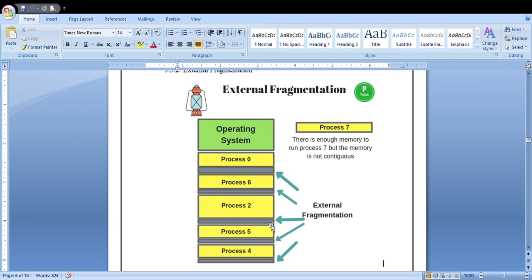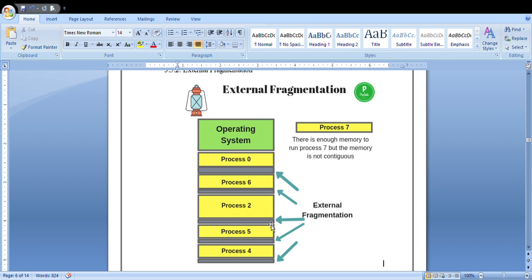As I explained in the previous video, you can make use of compaction. What do you mean by compaction? Compaction is nothing but, if there is more free space and small holes in your memory locations, you can move all the allocated memory space to one side, and the unallocated memory will be merged and used by another process. This external fragmentation will make use of compaction.